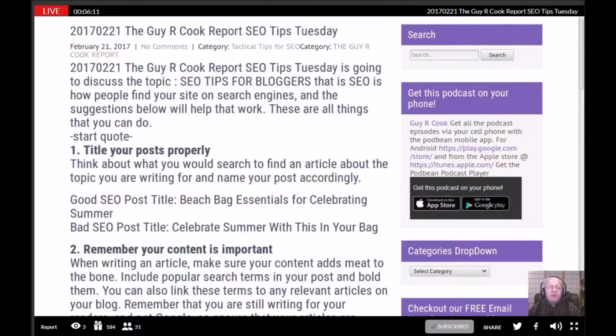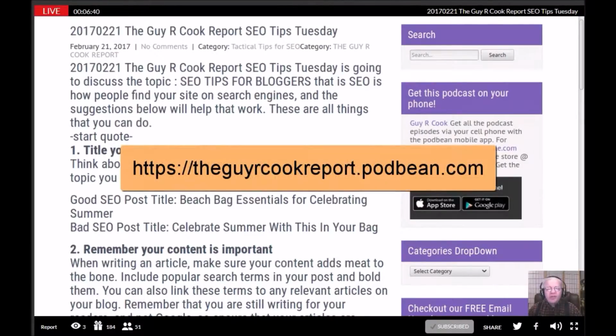The first item on the agenda is title the post properly. It's very important if you have a good title or a bad title. If you're talking about beach bag essentials for celebrating summer, that's a much better title than celebrate summer with this in your bag. Okay? So it's there in the show notes, and you get to them as always if you go to the